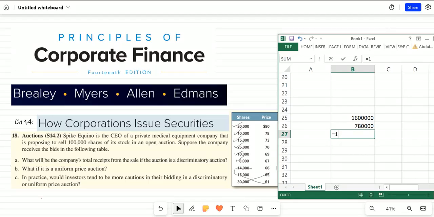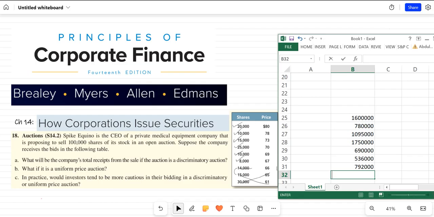For the third, 15,000 multiplied with 73. Then the fourth, 25,000 multiplied with 70. And then the sixth will be 10,000 multiplied with 69, and the next is 8,000 multiplied with 67, and then lastly we have 12,000 shares at the price of